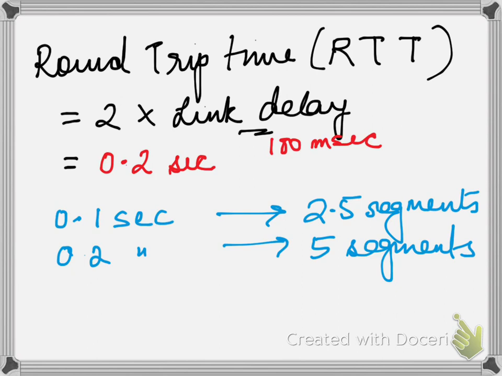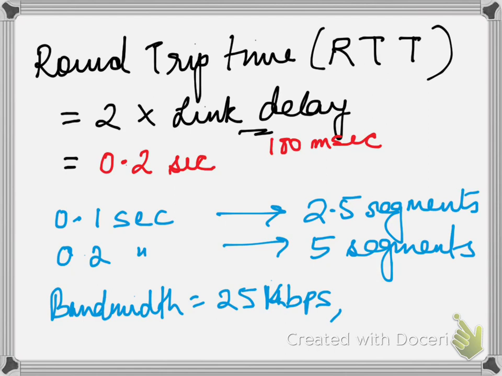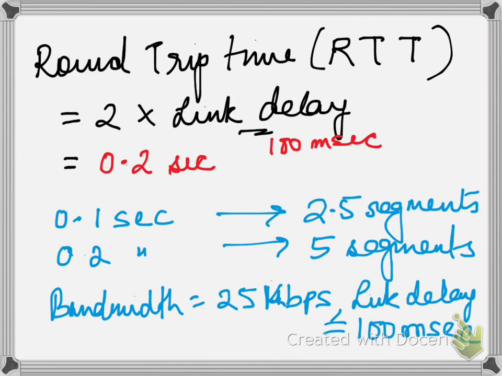So from the BDP now we can say that at a time we can have 5 segments outstanding, given the bandwidth of 25 kbps and link delay of 100 milliseconds. So we can say that we can have at most 5 segments outstanding. Now if we look at this,